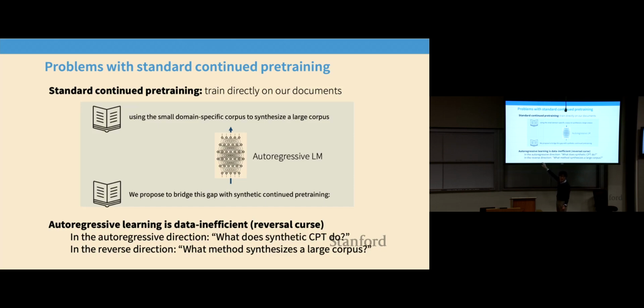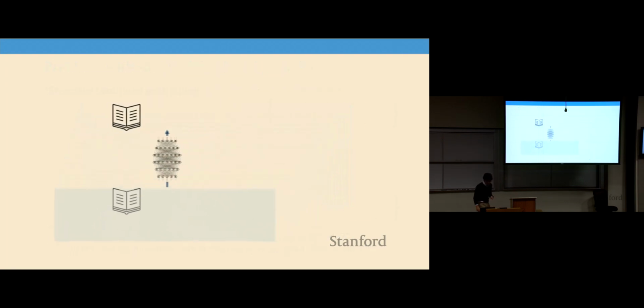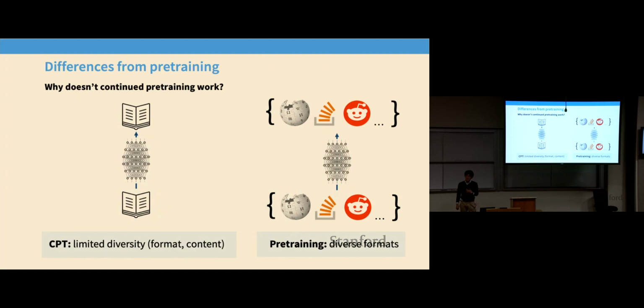The reverse question is actually very difficult. If I ask, what is a technique that synthesizes a large corpus artificially? Now I have to start with the thing that I predicted and map that to my inputs. I'm going from y to x rather than x to y. People have shown that if you query the model in this reverse direction, performance degrades very dramatically. So that's one piece of evidence that these models are way less efficient than we are as humans at learning from text.